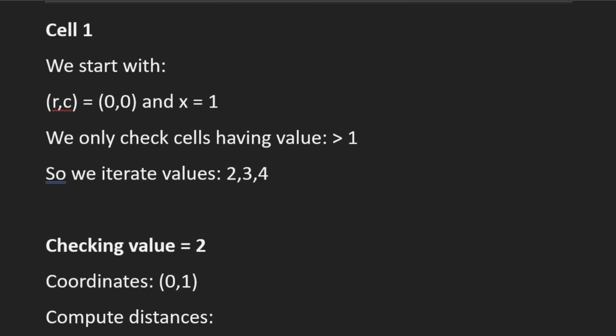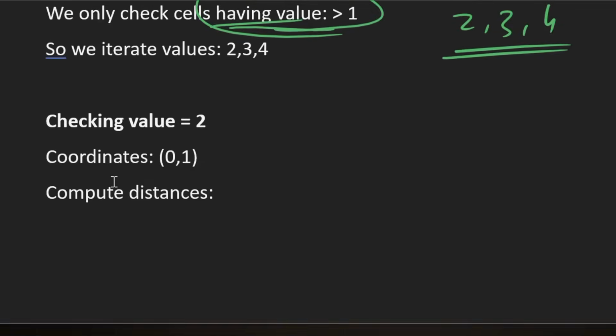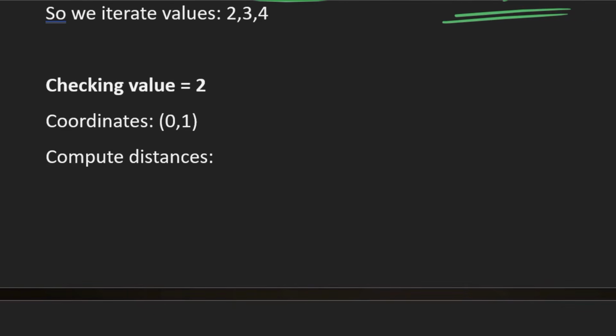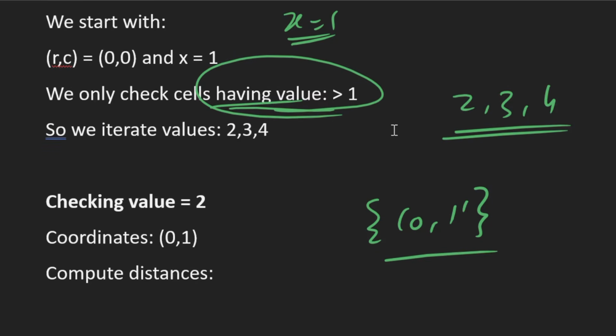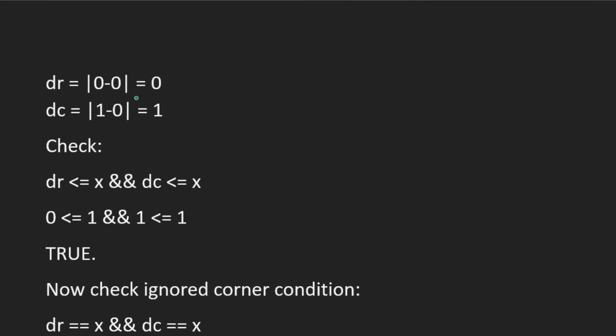So at cell 1, our value x is equal to 1. Now we scan all the cells having value greater than 1, that means 2, 3 and 4, right? First we start by checking value equal to 2. For value equal to 2, our stored coordinate is 0 comma 1. First of all we find the distance between this coordinate and our current coordinate 0 comma 0, right? So we compute the row distance and column distance, then we check whether this